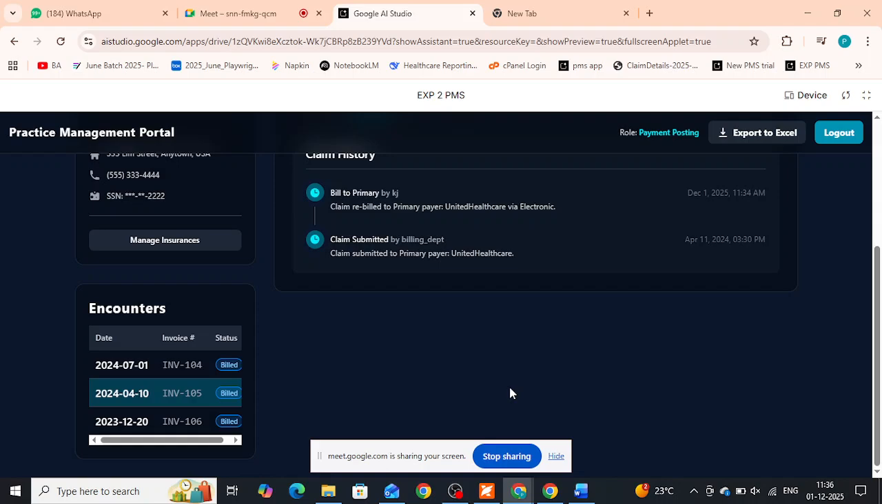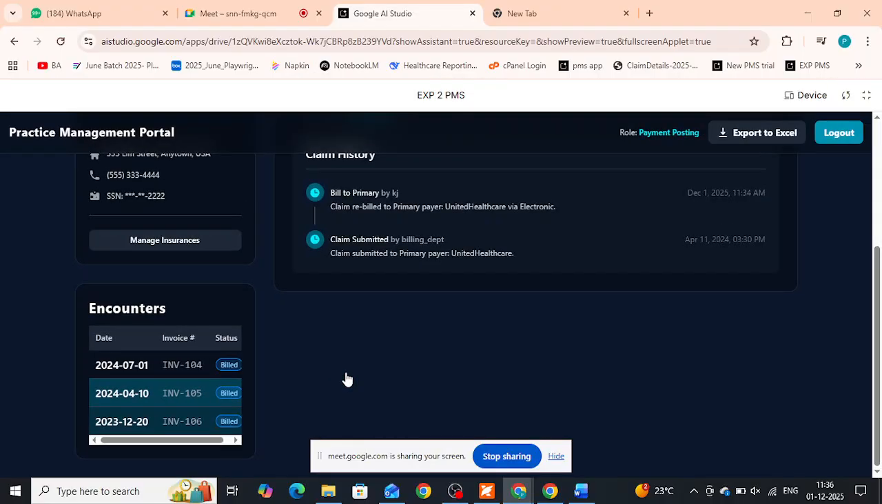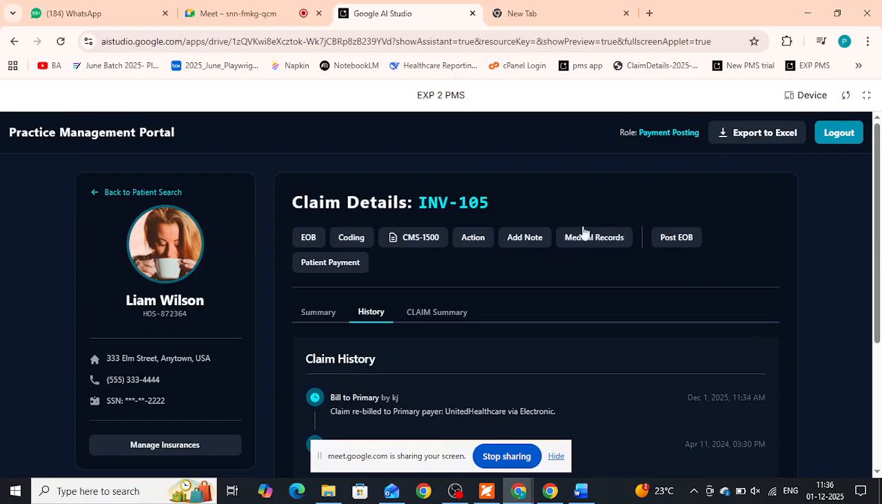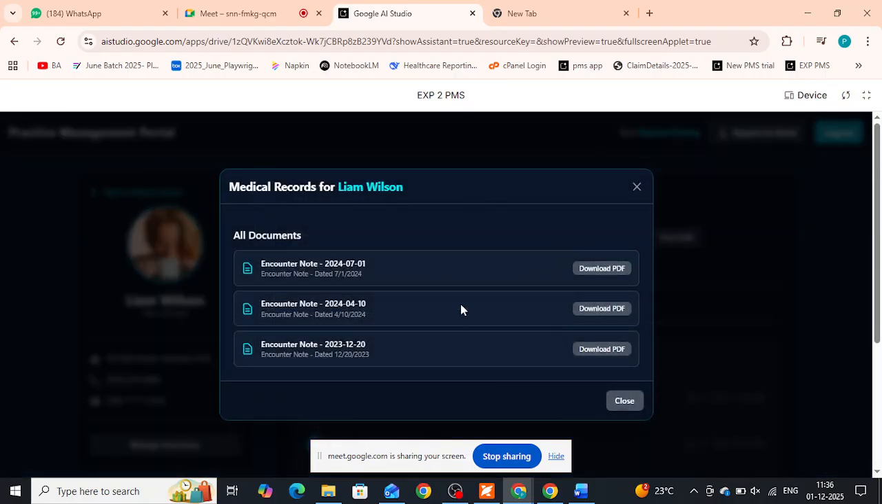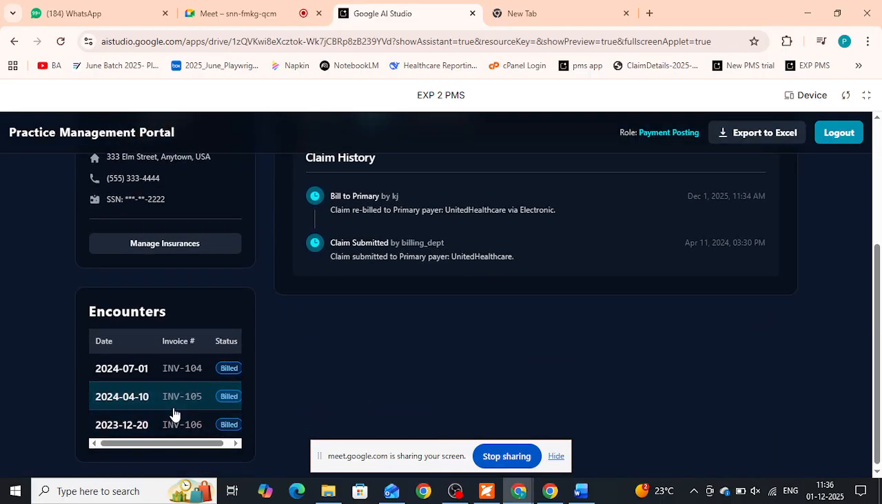And in case there are two invoices in our system for the same date of service, then we should also check the medical record for that date of service. Do we have two separate medical records or not? If there is only one medical record and we have two invoices, that means one invoice is wrongly added in